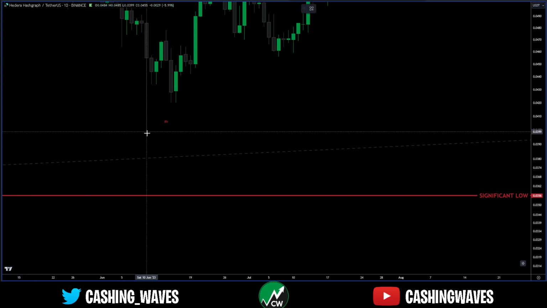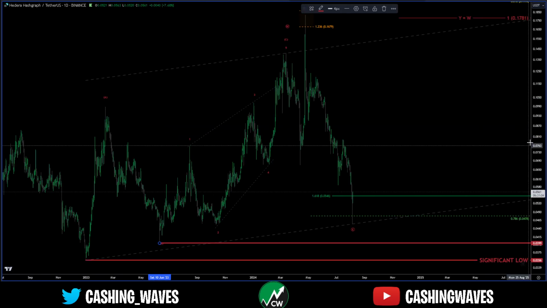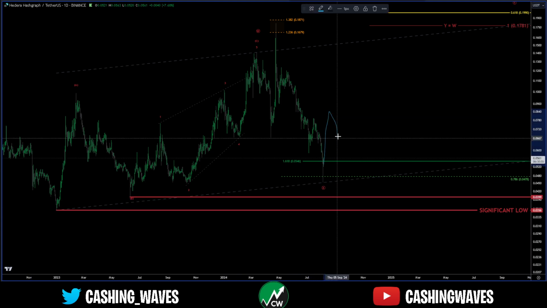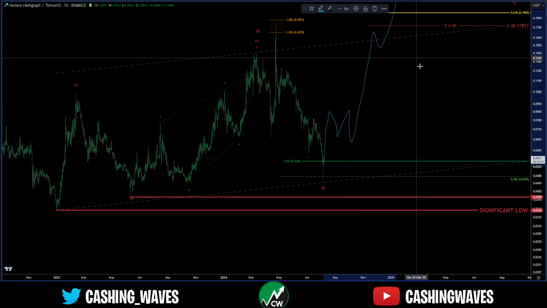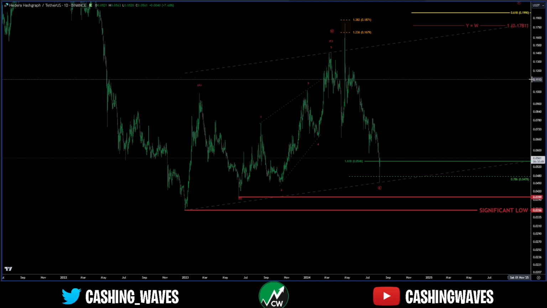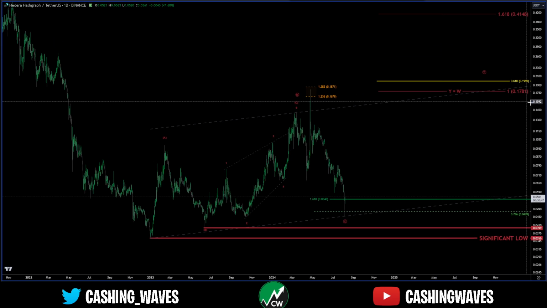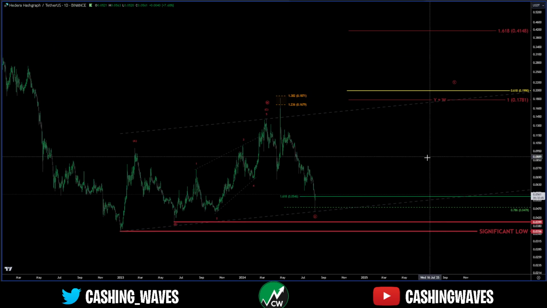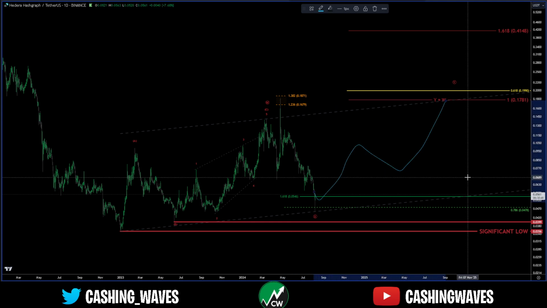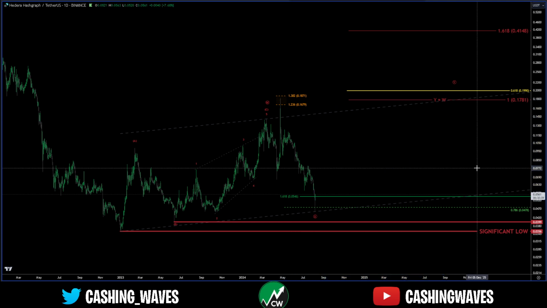It's very low probability, but I'm just making you aware of it because it is obviously not invalidated at 3.99 cents. So if for whatever reason we start impulsing here very aggressively in a short period of time, then we will consider that an option. But as of right now, my primary is we make a 3-wave move for a Y wave.